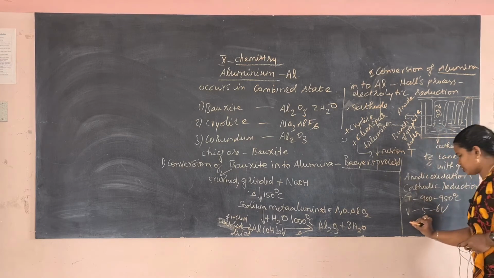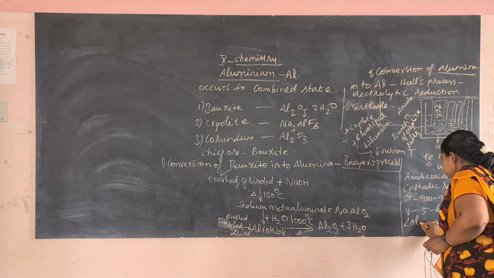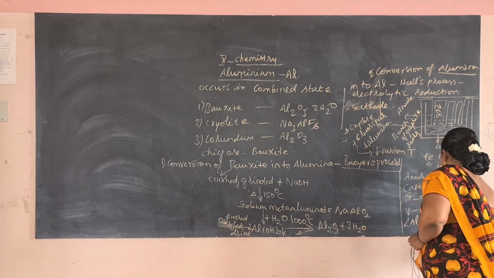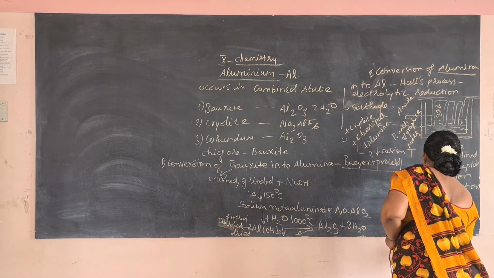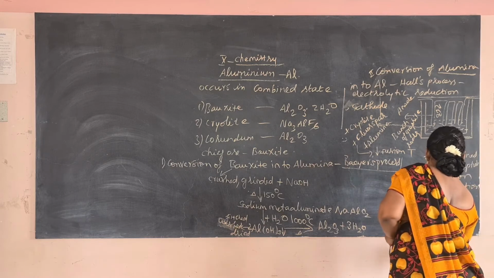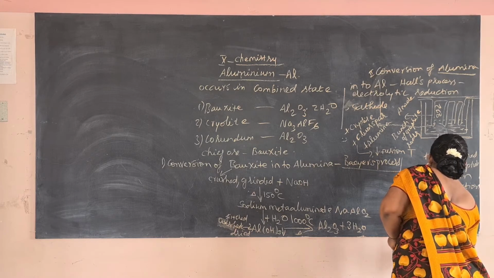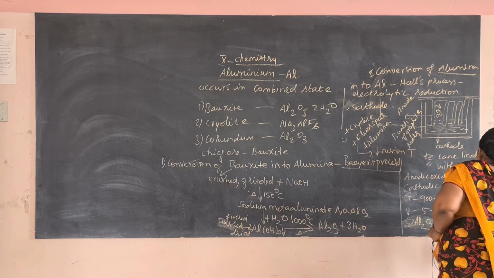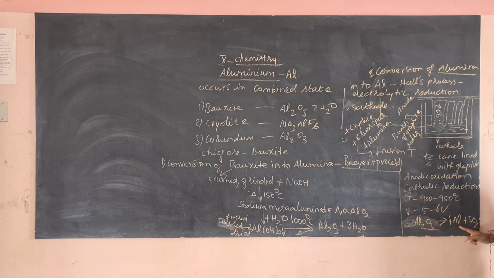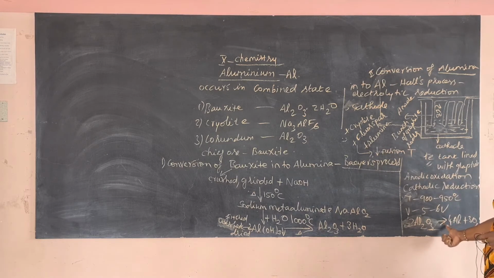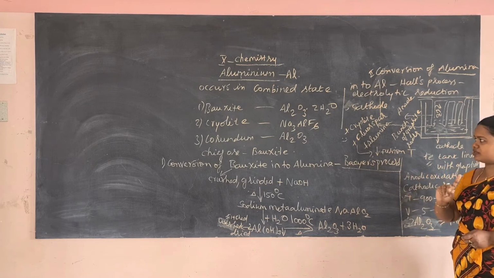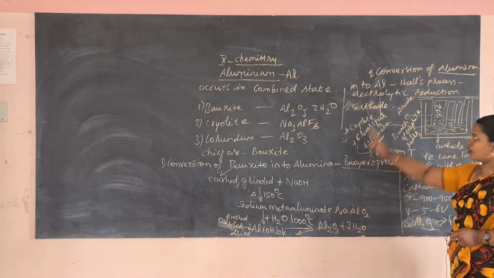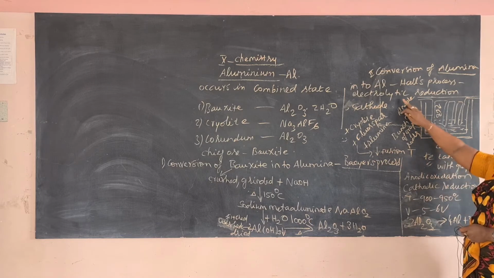Then what is the overall reaction? So here, the alumina, pure alumina, gets converted into aluminium plus oxygen. So here this aluminium is deposited at the cathode and oxygen gas is liberated at the anode. This is the overall reaction. Again I will say, conversion of bauxite into alumina by the Bayer process is the first step. In that you have obtained alumina, and this pure alumina is again reduced to aluminium using electrolytic reduction by